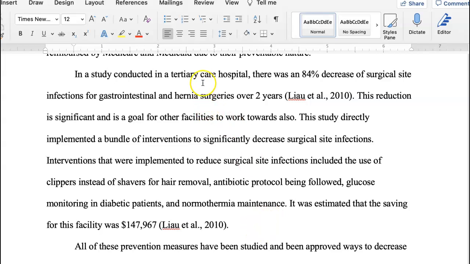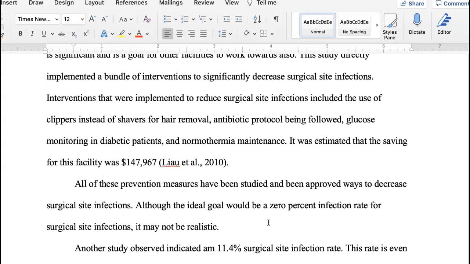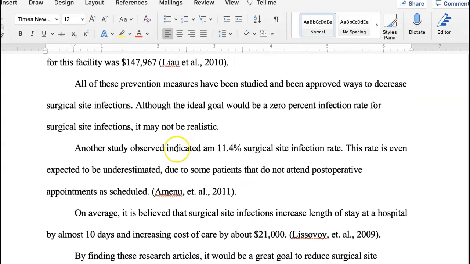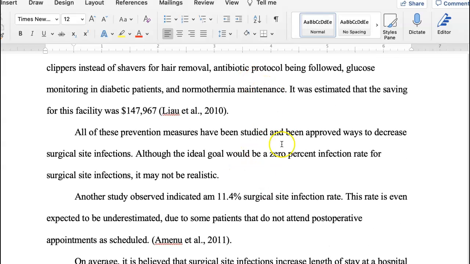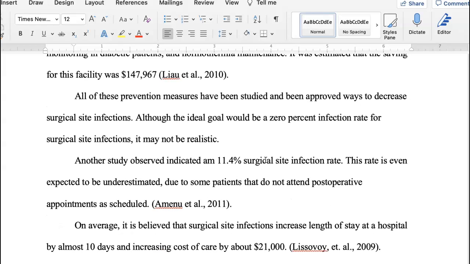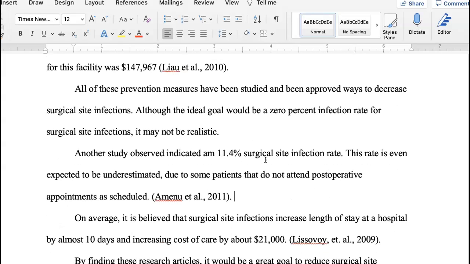So then this here, your study that you talk about, maybe you could tie that together with what your goal would be overall. You did a great job adding some more information on another study. They don't attend post-op appointments as scheduled. How can you use technology, knowing what you know from these studies, to help decrease or reduce surgical site infections? That's your goal, is to reduce them.